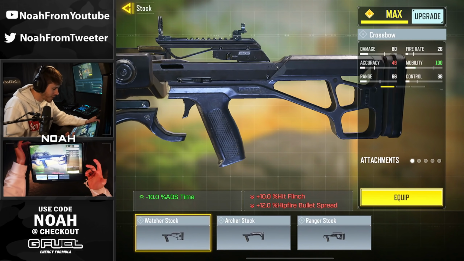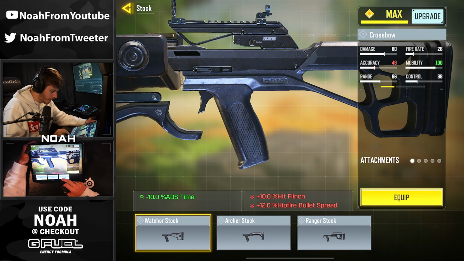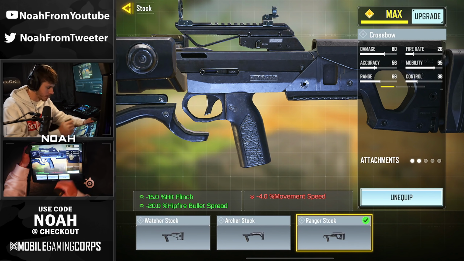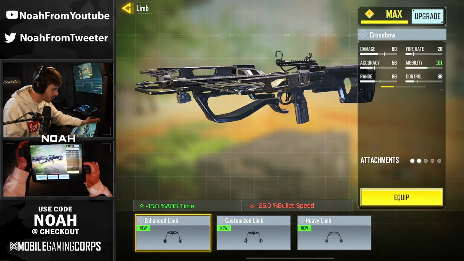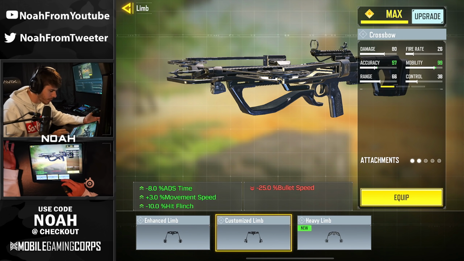I mean, do we build this out for bullet spread accuracy? It's a crossbow. I don't really know what to do here. I definitely don't want to increase the hit flinch, and I guess since it is a secondary, it's probably going to by default have a pretty good mobility, so we'll probably build this out for stability and yeah, maybe hip fire bullet spread. We have a limb attachment here, so enhanced limb, ADS time, so these are basically barrels, essentially